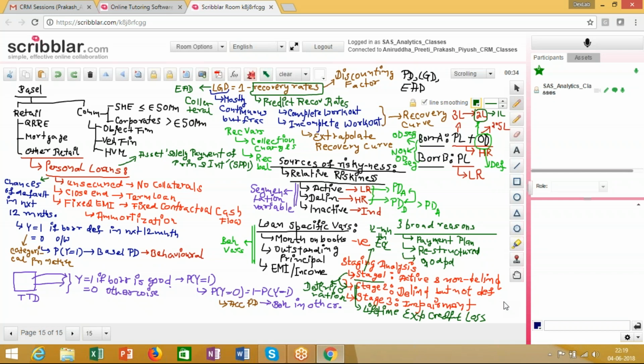So if I am developing a lifetime PD model and I compute the lifetime expected loss and keep it aside at this point in time, just imagine the amount of